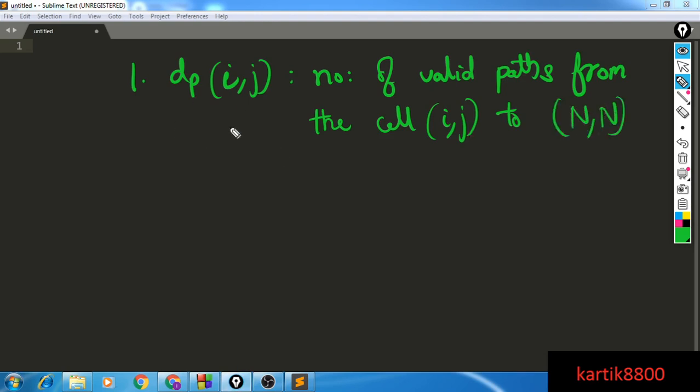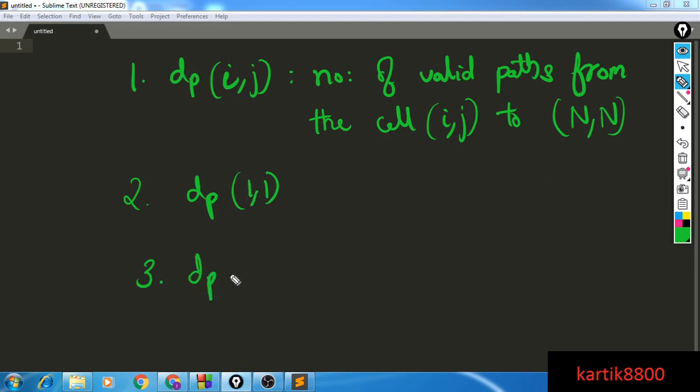So I have defined this thing. Given this definition, what is going to be my final answer? I wanted to evaluate the number of valid paths from 1 comma 1 to n comma n. So by definition of dp of i j, my answer is dp of 1 comma 1, right? So we have defined these two things.